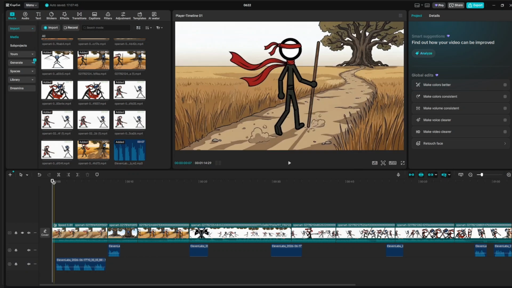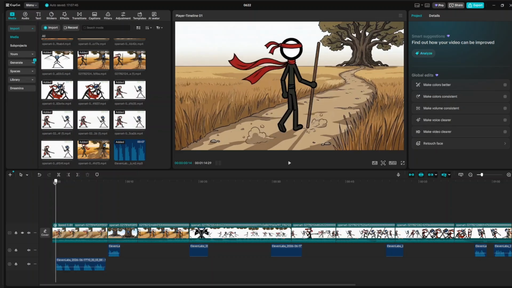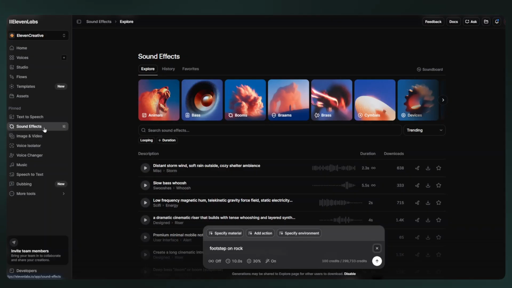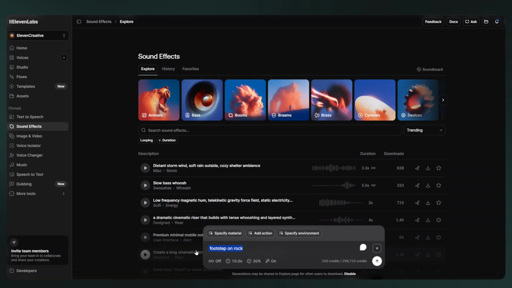Assemble the video files in a chronological order and add the narrator's audio at the bottom of each clip chronologically. Not only that, we can use 11 Labs sound effects to generate our sound effects. Just go back to your prompt and scroll down to the bottom. You'll see different sound effects for each bit or each scene. All you have to do is just copy the sound effect, come back to 11 Labs and paste it there